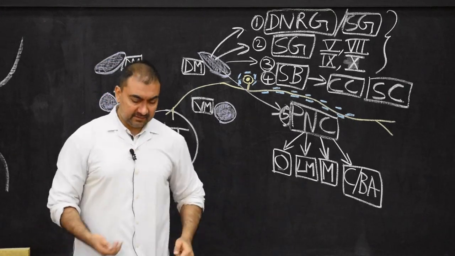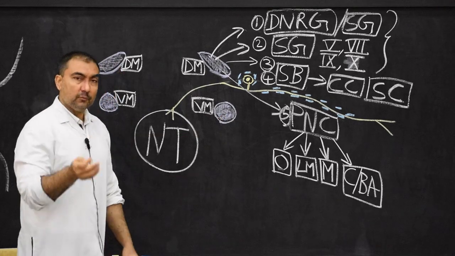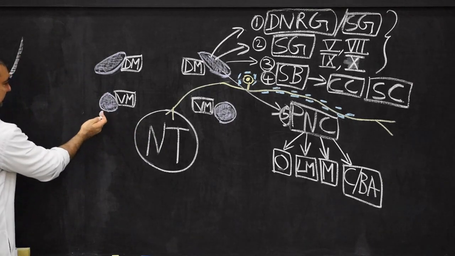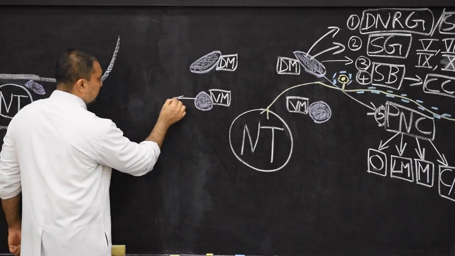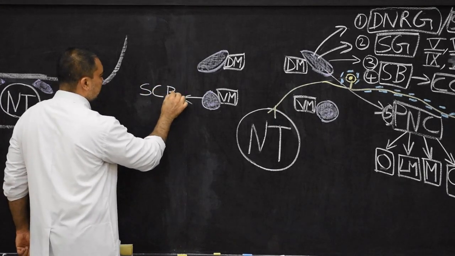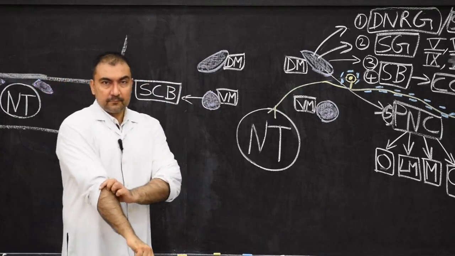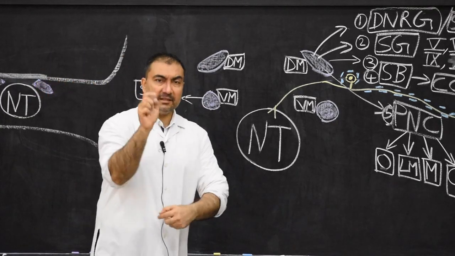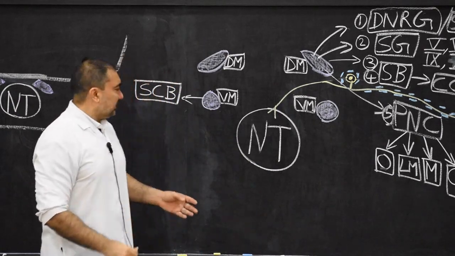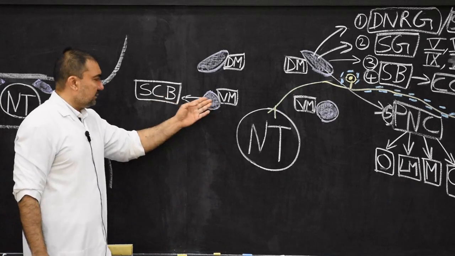Now the ventral mass. From the ventral mass of the neural crest, the following structures will develop. And what are those structures? We will take the help of this side. The first structure will be the sympathochromaffin body, or it is called the sympathochromaffin organ. Either it is called body or organ. They are small masses. So the sympathochromaffin organs or bodies are the initial development of the ventral mass.